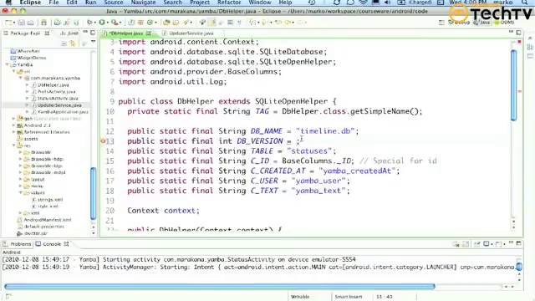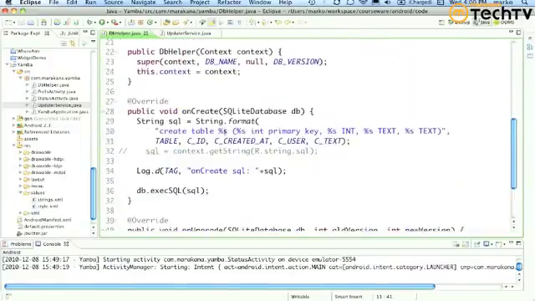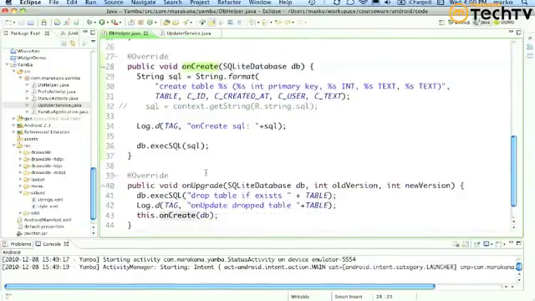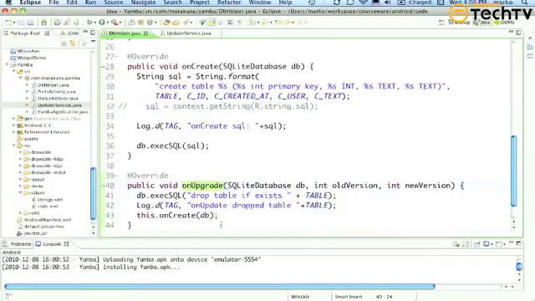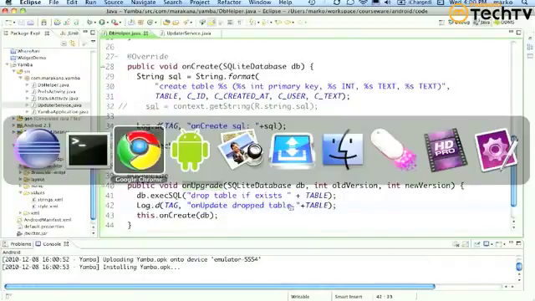So now the system, next time it tries to open a database, it's going to say, look, the database I'm opening is at version 1. It does exist, but it's at version 1. The new one is at version 2. So instead of using onCreate, it's going to call onUpgrade to upgrade the database. So you can kind of see that. We're going to see it by this being printed out. So if I run it,